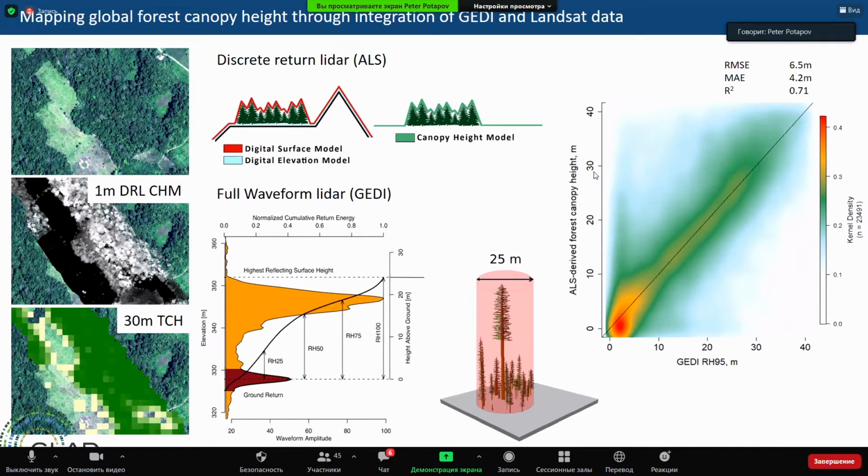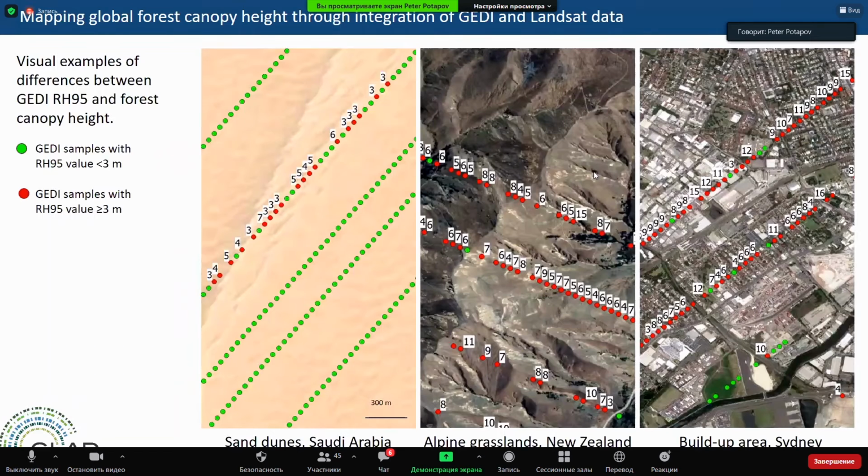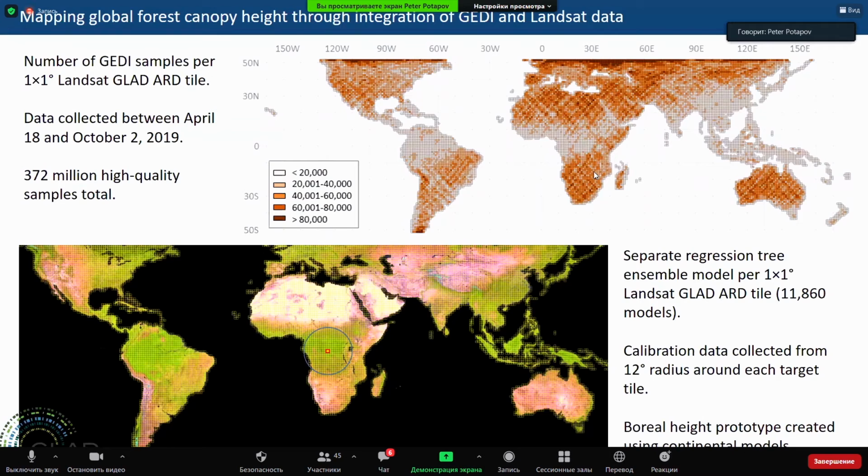We find out that RH95 has the best correlation with the aircraft data, but the data is still not perfect. They show us very big heights, altitudes, in the middle of the Arabian Desert or in the fields in the Alps, where definitely there are no high trees, and they do not also distinguish electricity lines or high buildings from forests. So we had to apply additional filters to detect correct data to train our model.